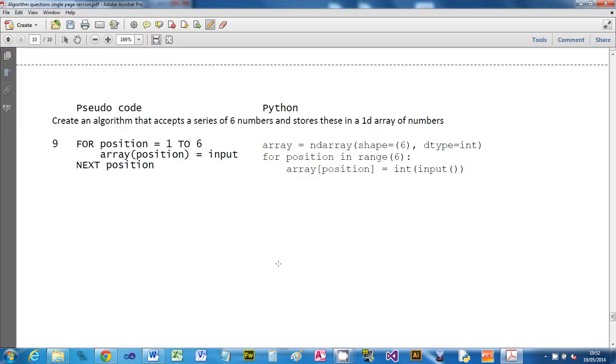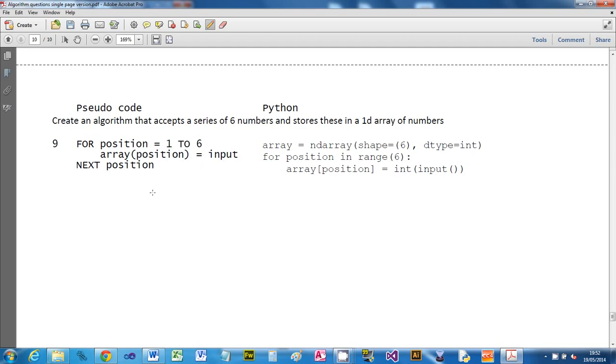Okay, question 9. Using an array to store a sequence of numbers. Remember, the nice thing about arrays is they allow us to easily process multiple pieces of data, because we can use loops and we can set variables to determine which piece of data we're looking at. If we were to do this using just variables, we'd have to write a right old messy bit of code